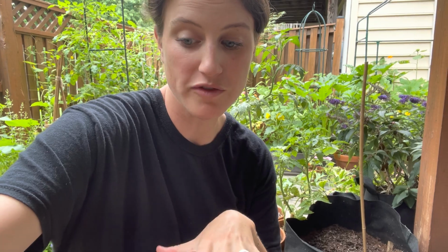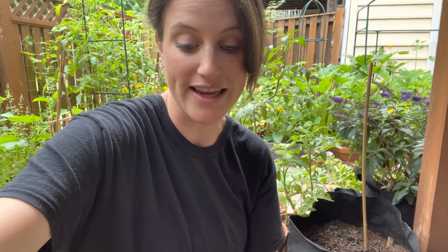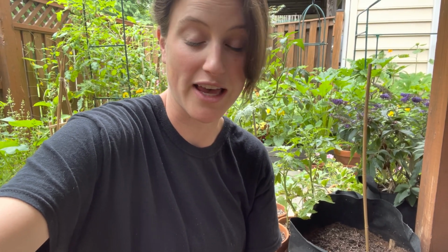And I do love having the fish in the pond, and they really take care of the mosquito larvae. So I don't feed them. From everything I've read, you don't want to feed them, you don't need to feed them. They'll eat the algae and things that are in the pond, and they take care of all the mosquito larvae, which do get started